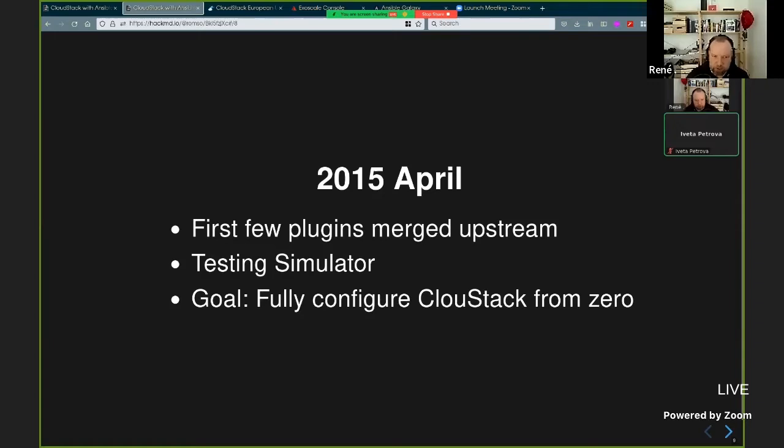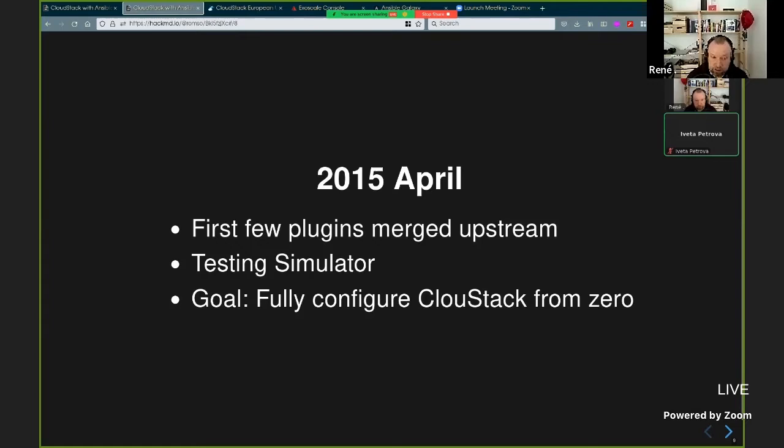Part of the success was that I was able to use the test simulator of CloudStack, which I used to test my things, and I could prove my work. The testing simulator was also then inspiration for other cloud modules inside Ansible. There was a VMware simulator, which I know of, and also other simulators or API mocks that were created to have a testing thing.